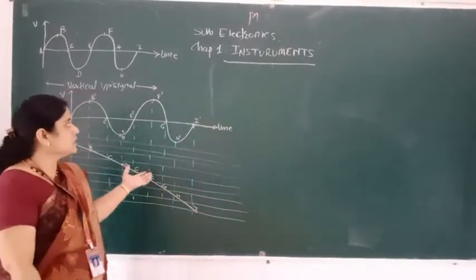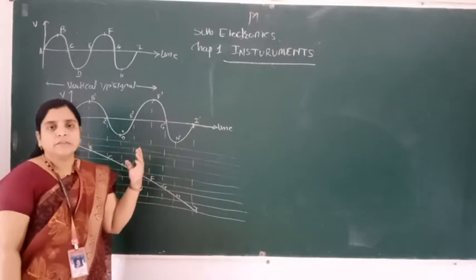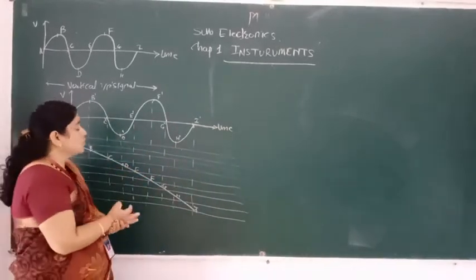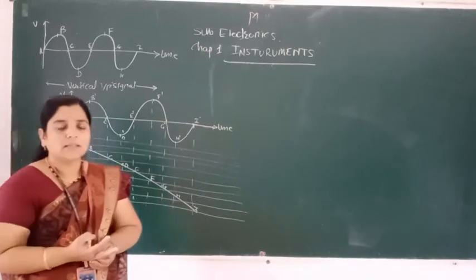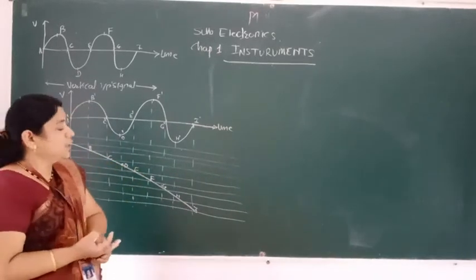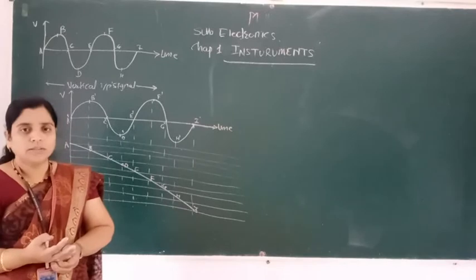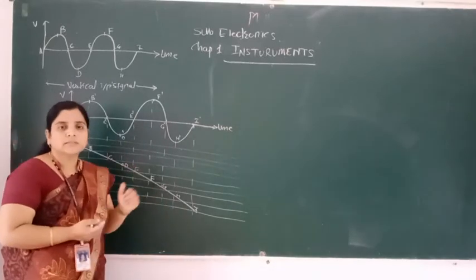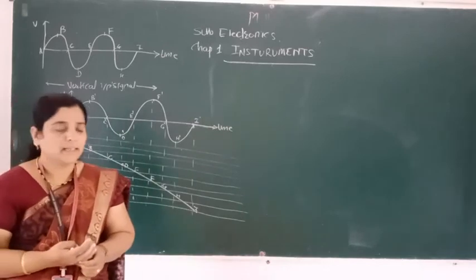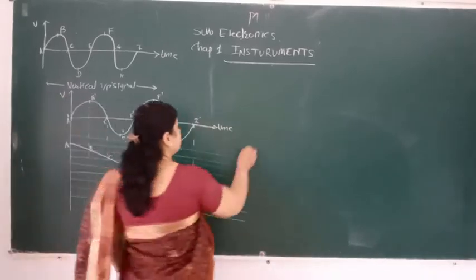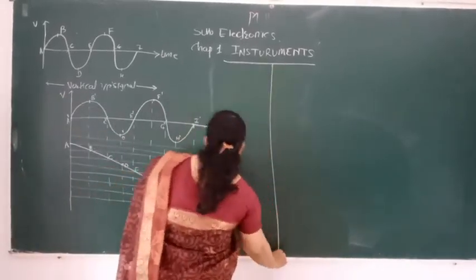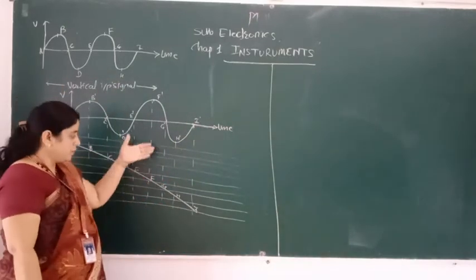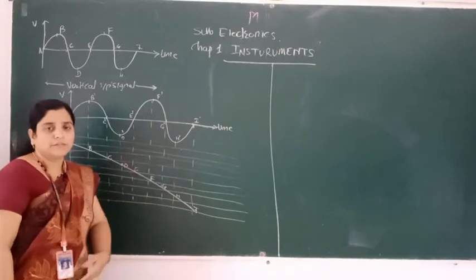The question will be like this. The question has been asked for 4 marks. It has been asked many times. So the question will be like this: How can you observe the waveform on the CRO? Explain it with a waveform. Then you have to draw this waveform, and the input waveform is a sinusoidal signal, and you have to draw the image of that waveform.